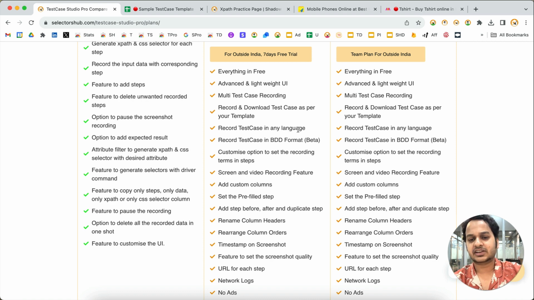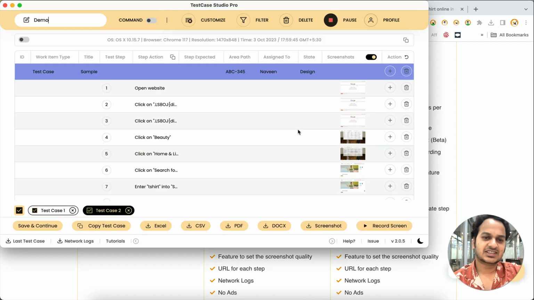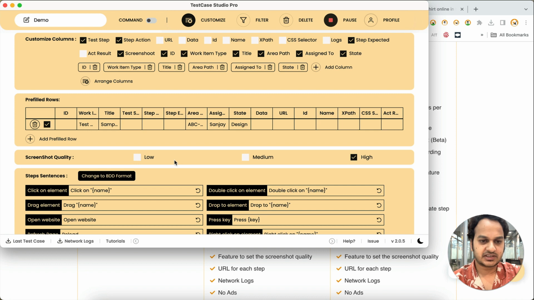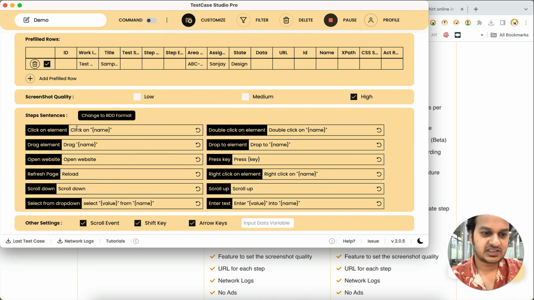Record test case in any language. Suppose you want to record test cases in a particular language. This is getting recorded in English, but if you want to record in any local language, that is also possible. What you have to do is just go to customize here, and you can change these terms. If you want to do it in Hindi, for example, you just copy this,